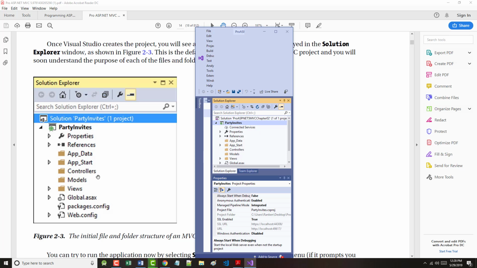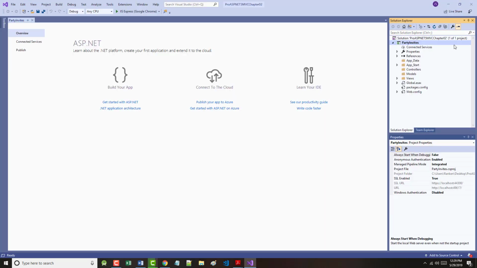Controllers, which is an empty folder. Models, which is an empty folder. Views, which has in it only a web.config. Global.asax, packages.config, and web.config. The reason that I took the time to show you that was not just for you, but